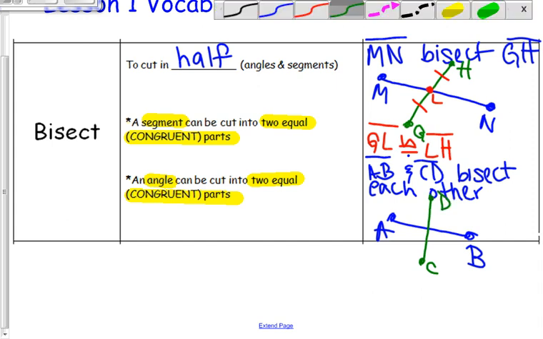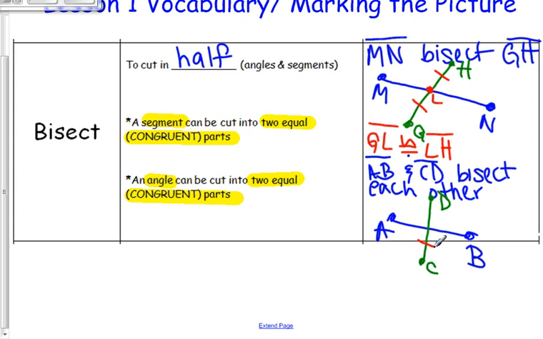And if they bisect each other, we're now going to have two sets of congruent pieces. So this piece would be congruent to that piece, and this piece would be congruent to that piece there. And that's through that intersection point. Okay, the number of slashes or hash marks or whatever you would like to call them correlates to which pieces